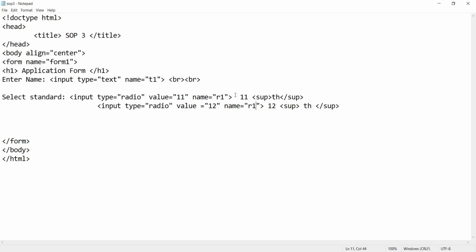And after that, the values we have written for display purposes, so that the user can understand what the options for that radio button are. Okay, so we have done this. After that we just have to display the submit button. For the submit button we just write input type is equal to submit, and this will display a submit button. We want this also on the next line, so we will use a br tag after the radio button. I will use two br tags and save this program.